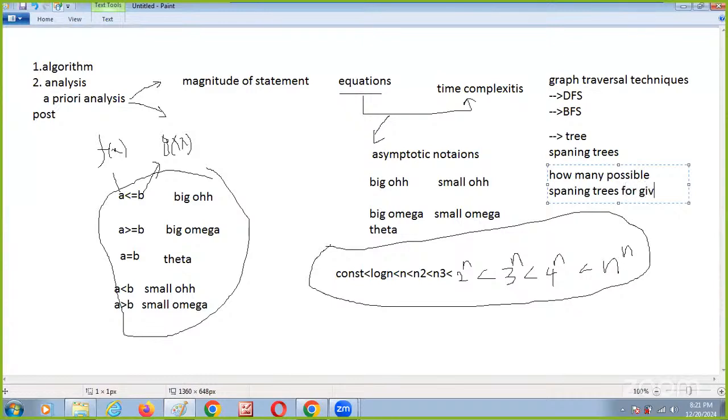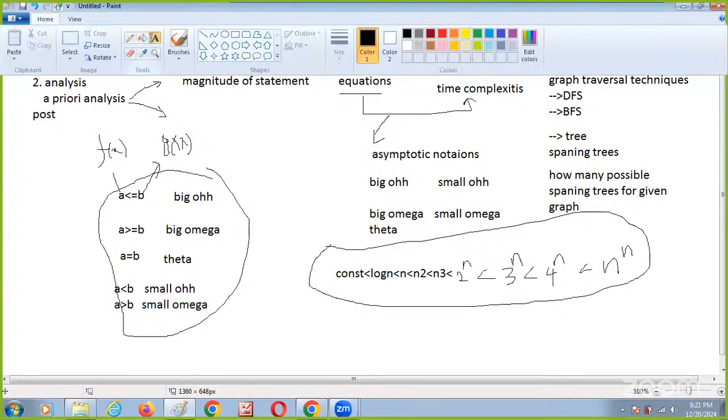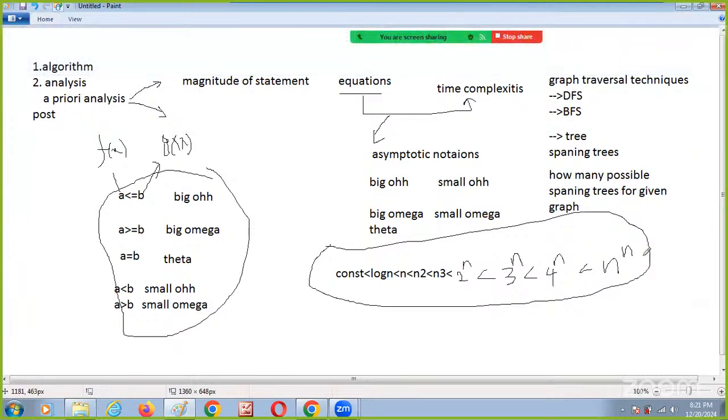This is also a very, very important question. And what is the formula for that? Number of edges,